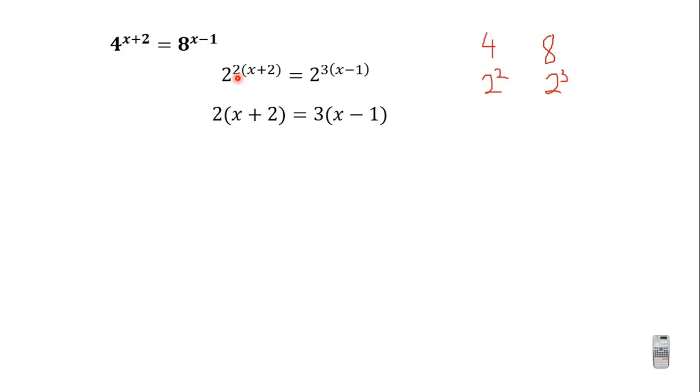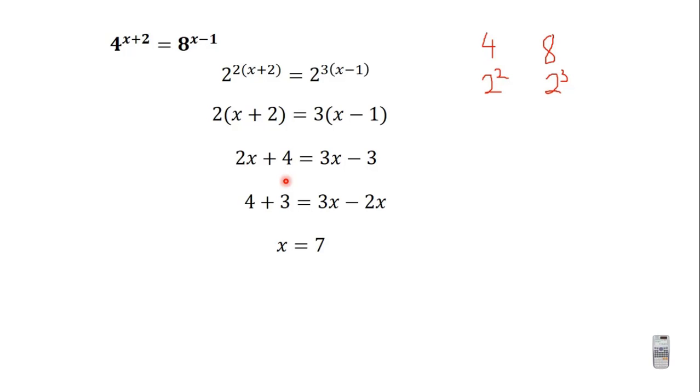The exponent on the left hand side is 2 into bracket x plus 2. The exponent on the right hand side is 3 into bracket x minus 1. So we have 2 into bracket x plus 2 is equal to 3 into bracket x minus 1 because the bases are the same. This is a linear equation. So we solve this linear equation. You open the brackets, you have 2x plus 4 is equal to 3x minus 3. You group like terms and you simplify. When you do that, you have 4 plus 3 is equal to 3x minus 2x,